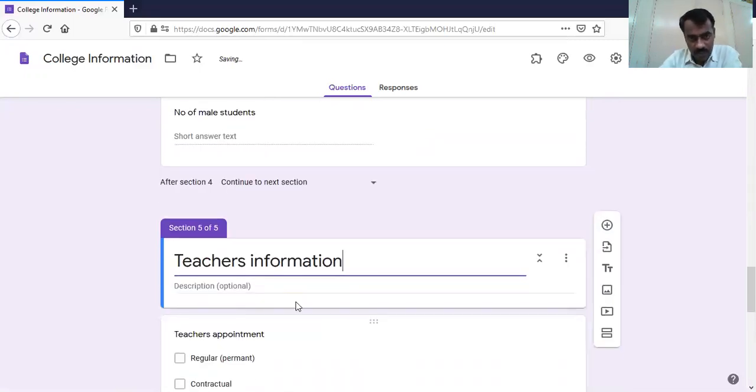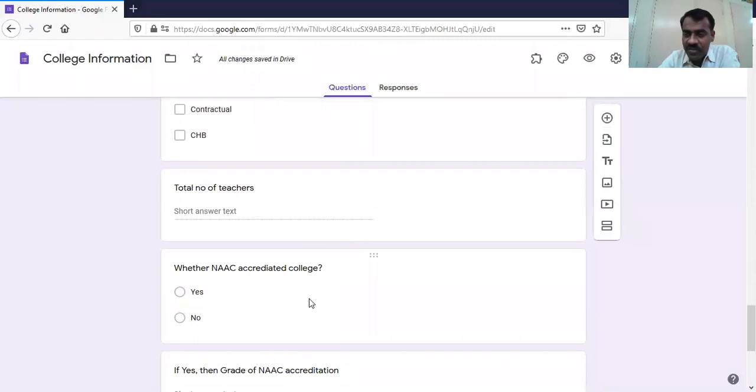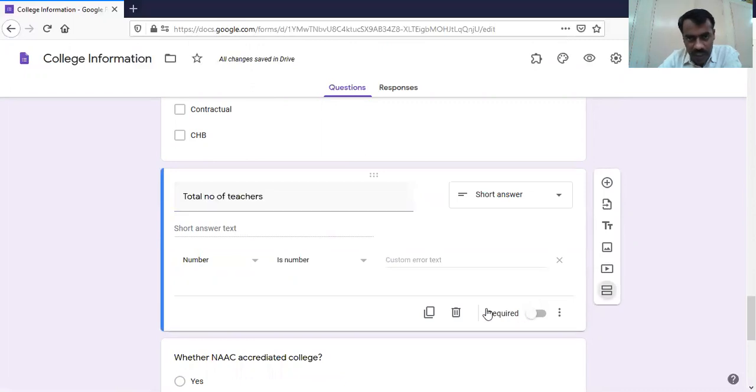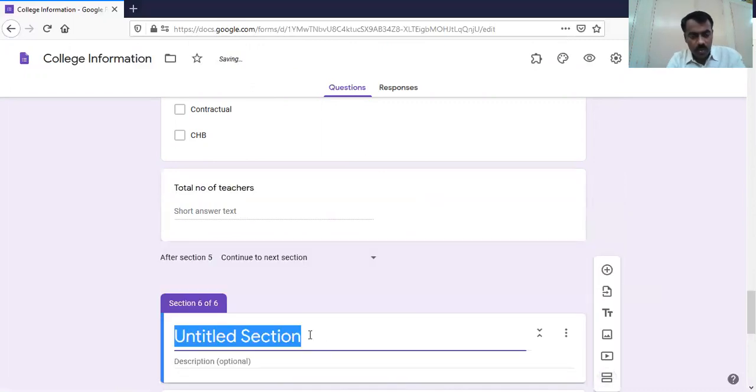In this way, we can classify our different questions into sections. Because this is related to NAAC, we click on section and go to NAAC related information.